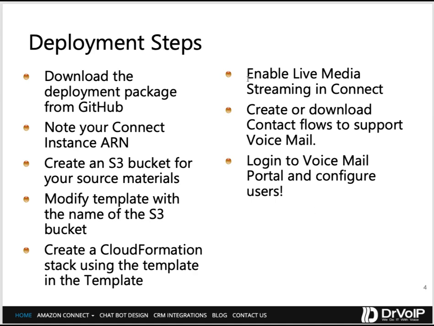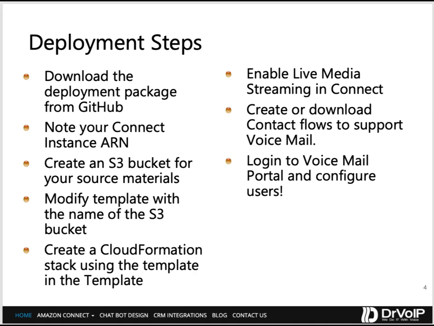In your Amazon Connect instance, you're going to need to enable live media streaming. And you're going to either want to create contact flows, or in the GitHub, there are a couple of sample contact flows. Actually, you download them from the voicemail portal, which I will show you. All of this will become hopefully clear when you see an actual configuration. And then you're going to log into the voicemail portal and go ahead and configure everything. So let's jump into a real Amazon Connect instance and get this voicemail